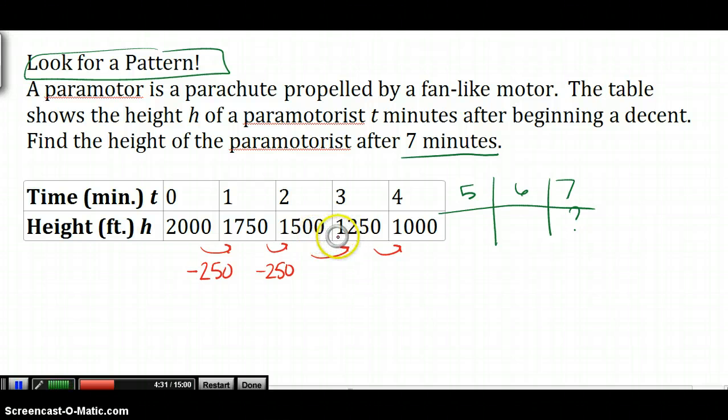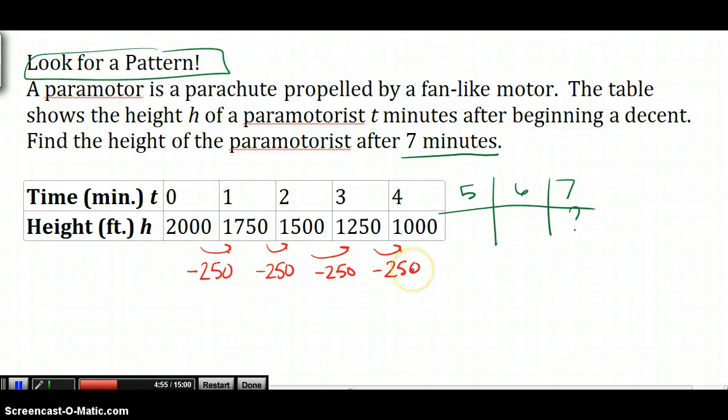Between 2 and 3 seconds, from 1,500 feet to 1,250, he's also falling 250 feet, and again here, if you subtract these two numbers, he's falling 250. So it seems that he's falling at a constant rate. He's always falling 250 feet per second. So since we know every second he's falling that far,